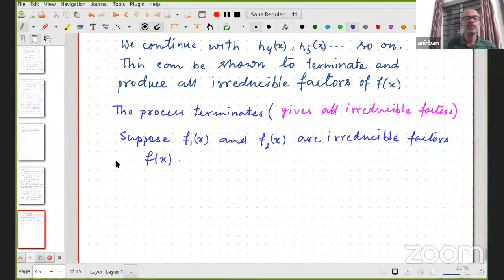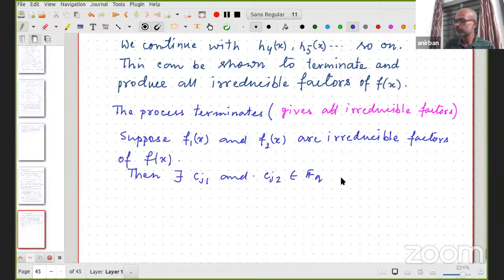Knowing the termination of the method is very important, otherwise we cannot write a computer program. So then, suppose I have two irreducible factors f1 and f2 of f(x). Then there exist c_j1, c_j2 in F_q, using CRT,